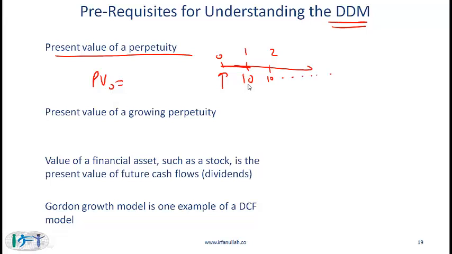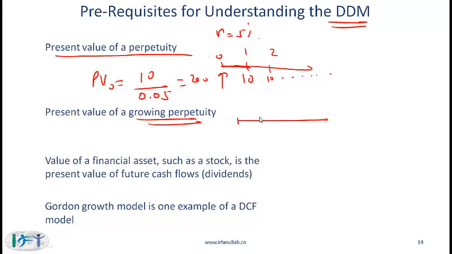It is 10 divided by the interest rate. Let's say that the rate is equal to 5%. Then the present value is going to be 10 over 5%, or 0.05, which is 200. You can also have a growing perpetuity, which says that you have your first cash flow